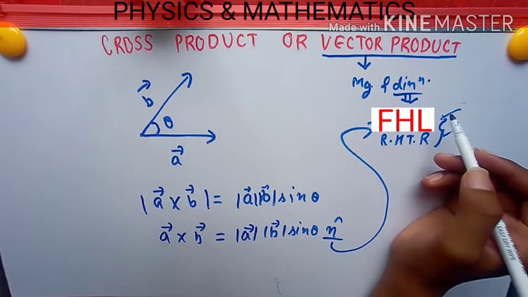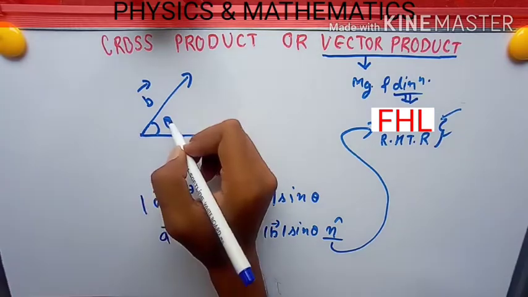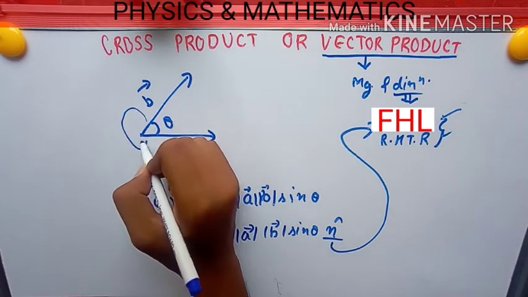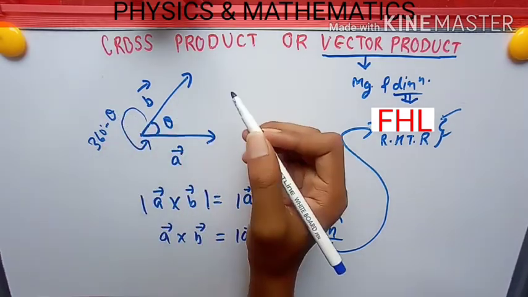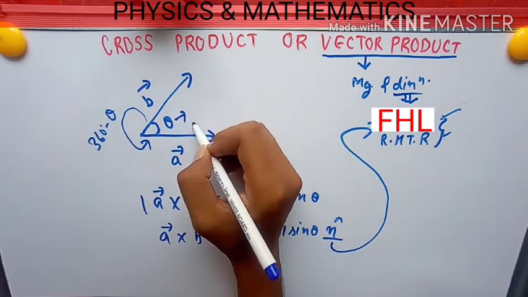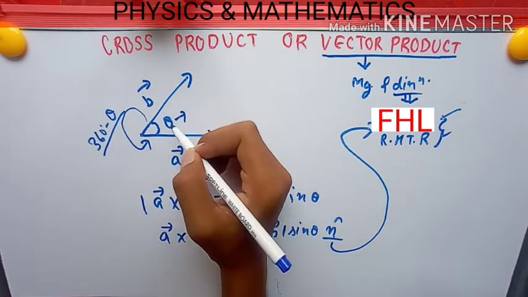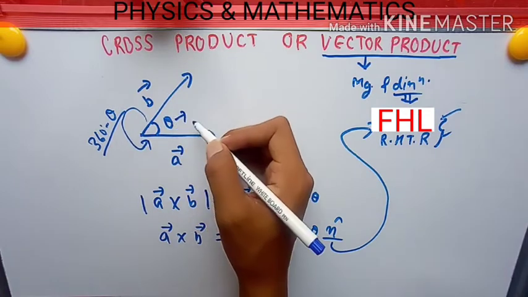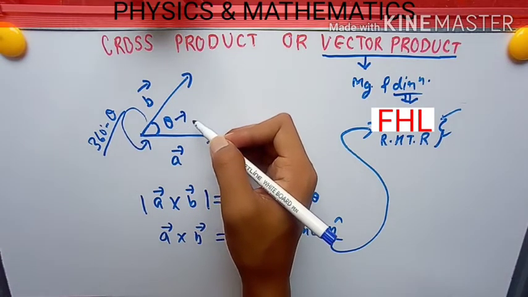Now one more thing before I proceed. If this angle is theta, so what about this angle? 360 minus theta. Agree? Okay. Thereafter, this angle is the shortest angle and this is the longest angle. I'm telling you the shortest because soon I will tell you the rule, and the rule uses the shortest angle. Okay. So let's see how to do it.